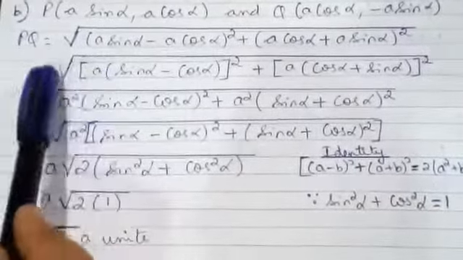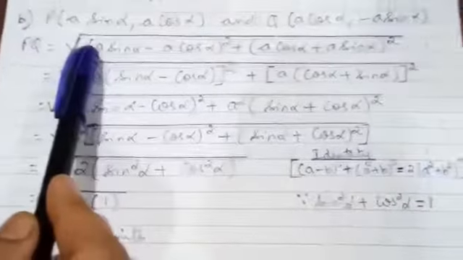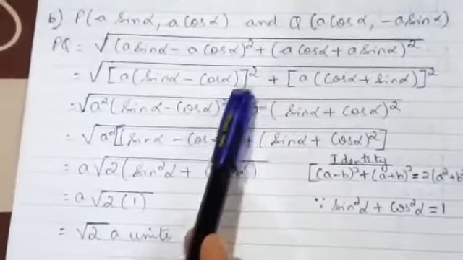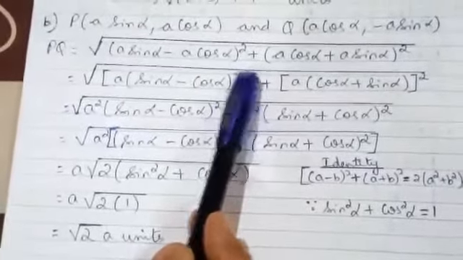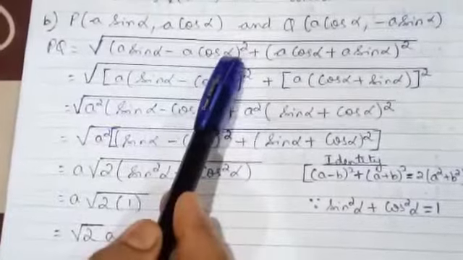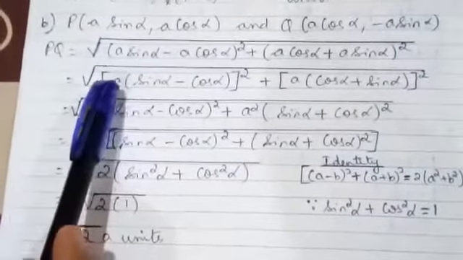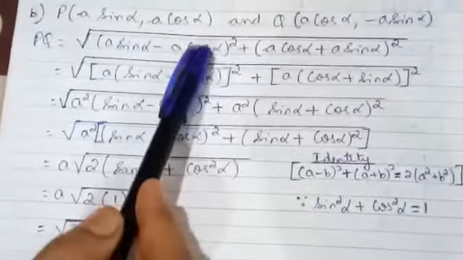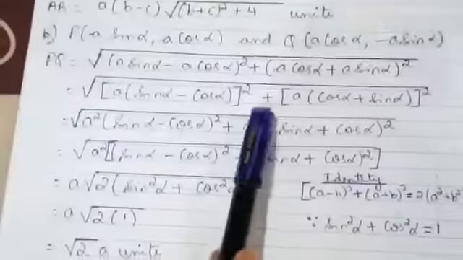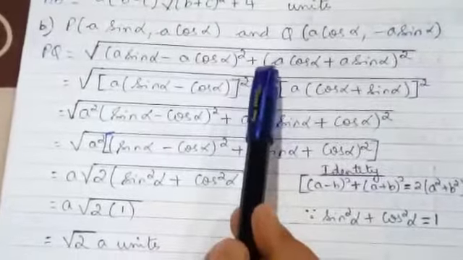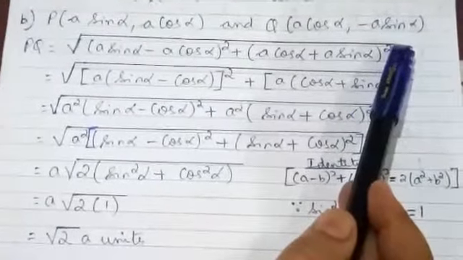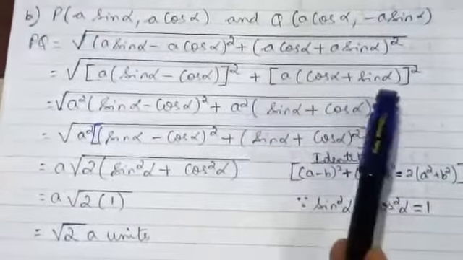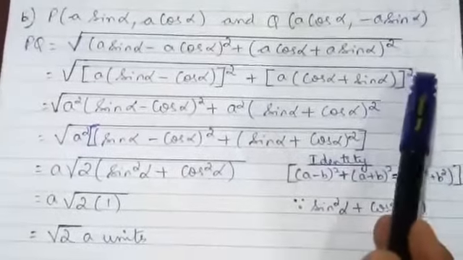So in the next step, square root of, now the simple bracket is raised to the power 2. Here you can see the square bracket raised to the power 2. Now this expression has a in common, so bring it out. A into sine alpha is a sine alpha, a into cos alpha is a cos alpha, plus here again the simple bracket is raised to the power 2. In the next step we have used a square bracket and raised it to the power 2.